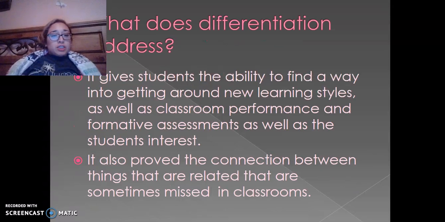So what does differentiation address? This just gives different teachers new learning styles and classroom performance and assessment that will catch on the students' interest. It's just a better connection between the teacher and their peers, because normally in a regular based classroom, you're just stuck with the teacher, and then you have your classmates there, but you don't really get that hands-on type of thing which I see in the differentiation classroom settings,